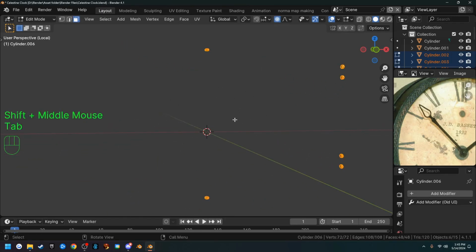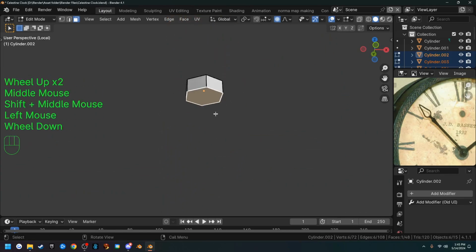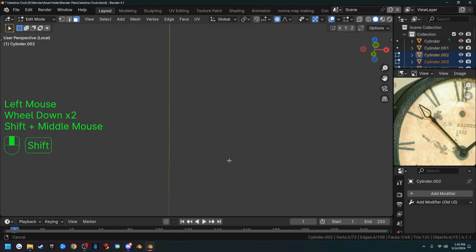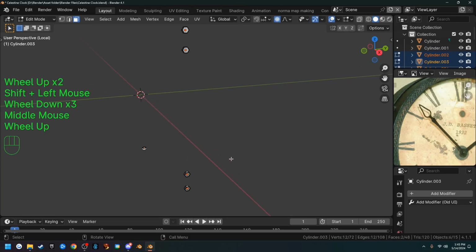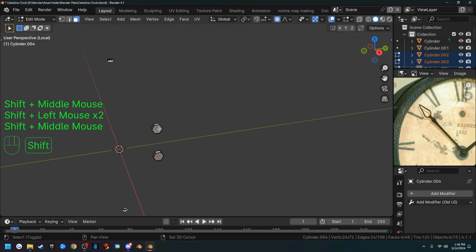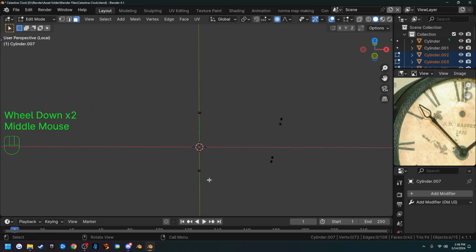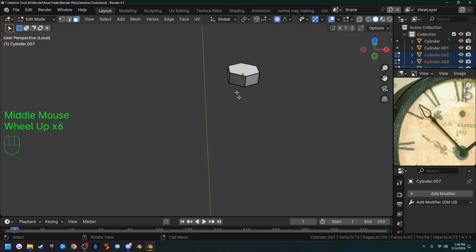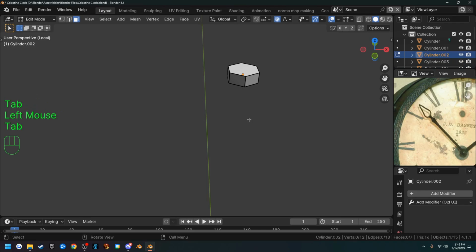Then we can go into edit mode and face select mode, and we're going to select all of the back sides of our bolts. We're just going to delete those faces. Now, if we select one of these, we'll go into object mode and select one, and hit A and